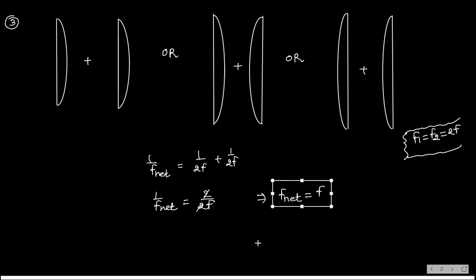And if you want P net for this structure, any one of these, if you want net power, that is equal to 1 by F. Okay? Because net power is the reciprocal of net focal length. Even you can write here 1 by F net. Both are same only. You know? This is the net power in this case. Clear? Understood? Any doubt you can ask.